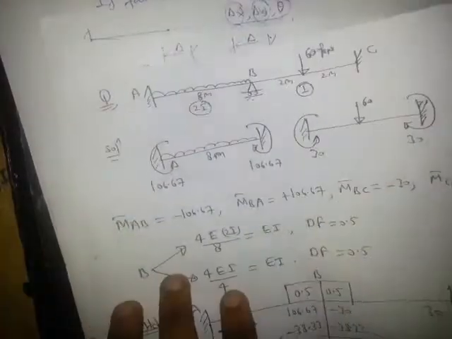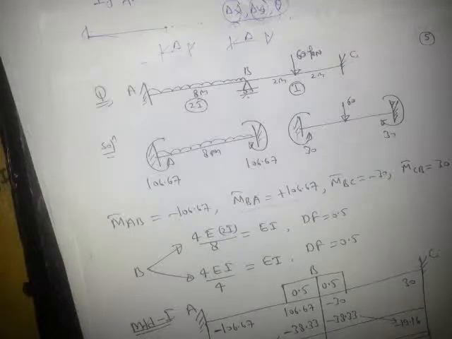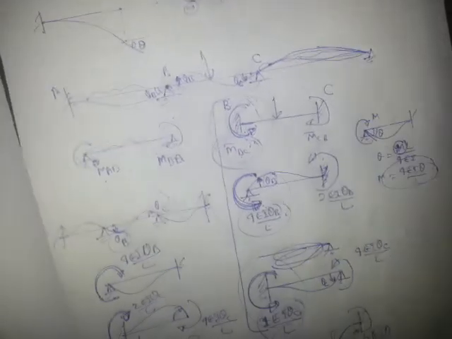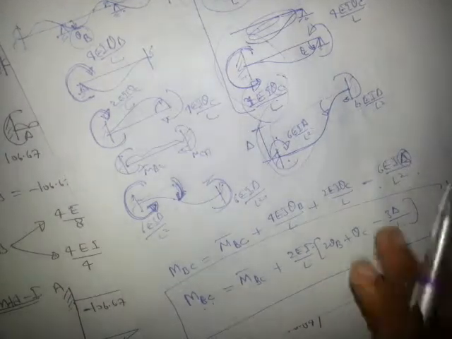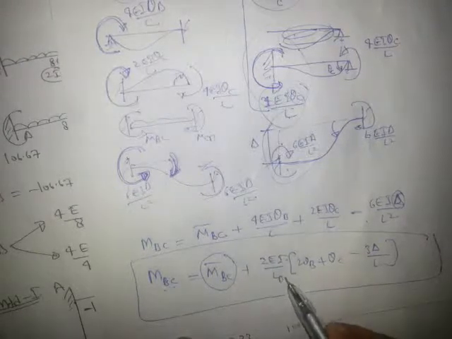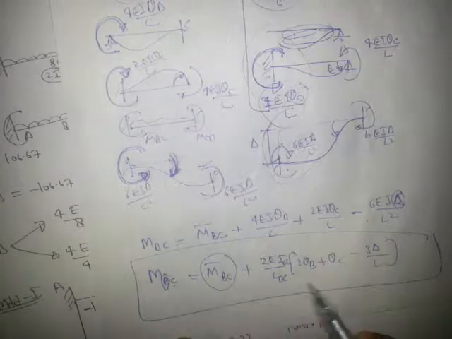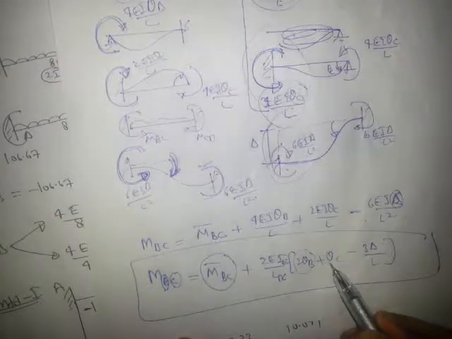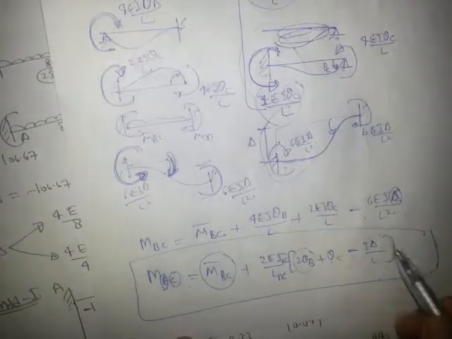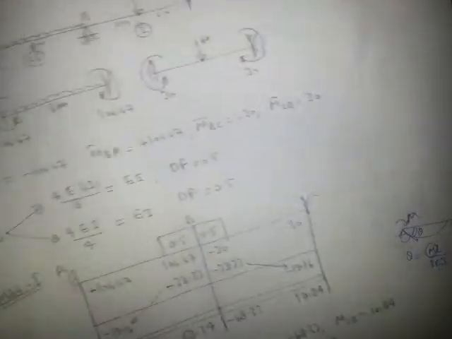Similarly, I will write MBA. MBA will be M bar BA, this. You can see the formula from here. Where is the page on which I wrote? This is the formula, right? So from this formula you can see MBC equal to M bar BC plus 2 EI divided by L of BC, length of BC, EI of BC, into first will be twice, 2 theta B, second will be single, plus theta C minus 3 delta divided by L. This is the general equation, right? So I think you need not look again and again, you can directly write.